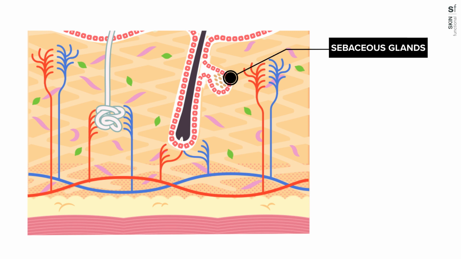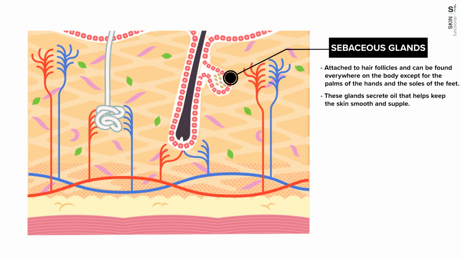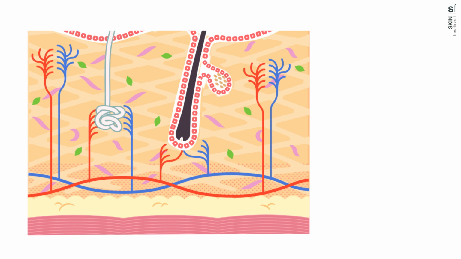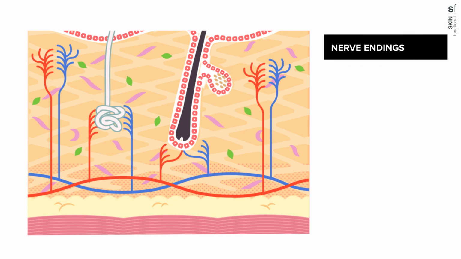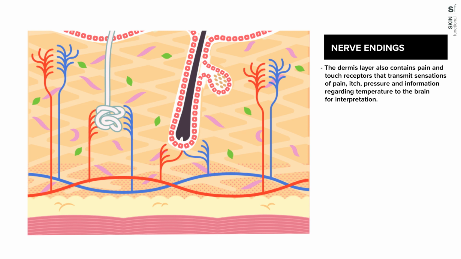Sebaceous glands. Sebaceous or oil glands are attached to the hair follicles and can be found everywhere on the body except for the palms of the hands and the soles of the feet. These glands secrete oil that helps to keep the skin smooth and supple. The oil also helps to keep the skin waterproof and protects against an overgrowth of bacteria and fungi on the skin. Nerve endings. The dermis layer also contains pain and touch receptors that transmit sensations of pain, itch, pressure, and